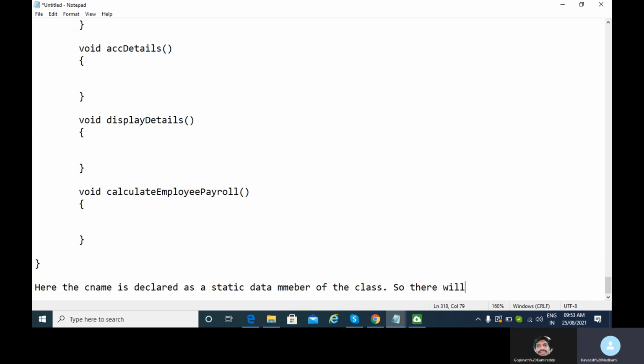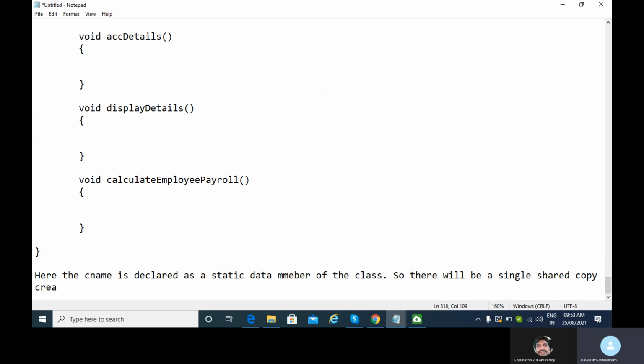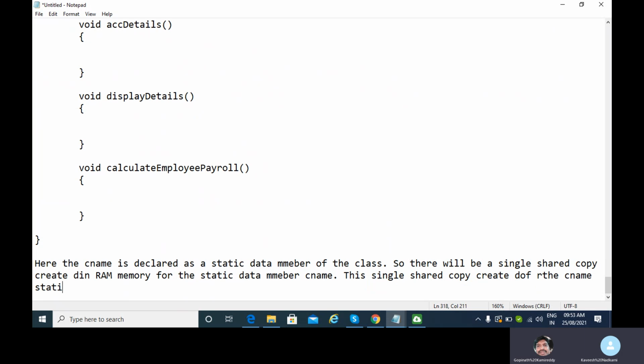So there will be a single shared copy created in RAM memory. The static data member CNAME, Gopinath. This single shared copy created for the CNAME static data member will be shared between the different objects of the class type.